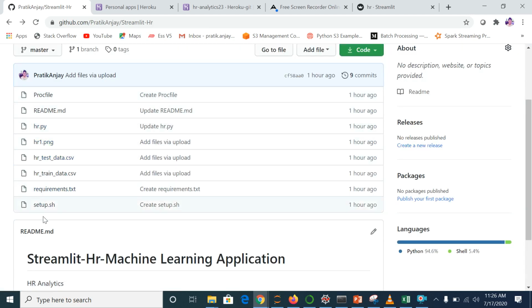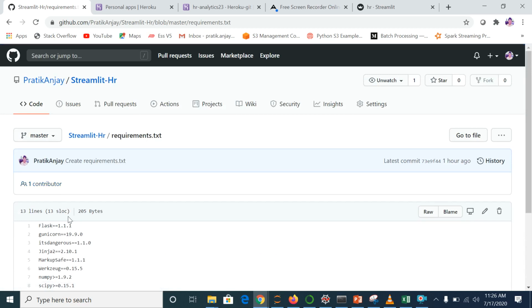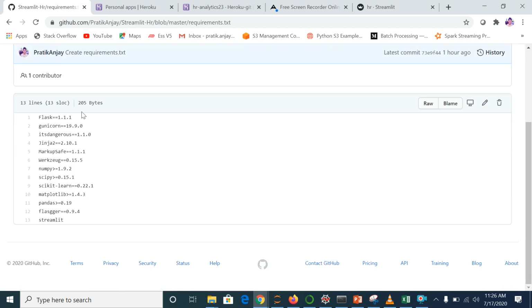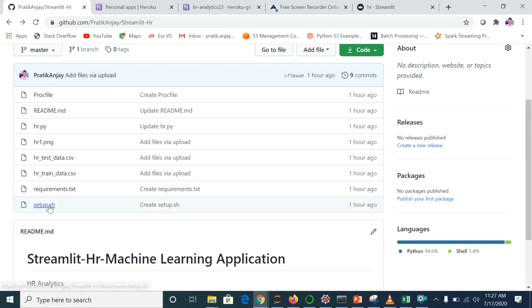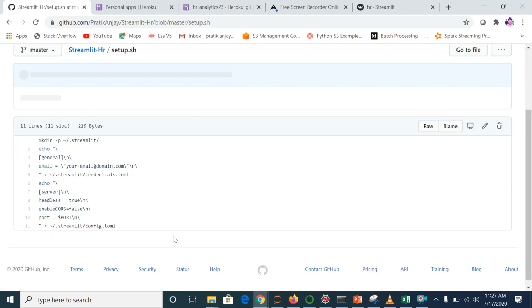Again, in requirements, you list what are the different sort of libraries you are using. I have given a lot because I will be using them here and there. These are the libraries, but you can check whatever important libraries you are using in the code, and put them over here. Next is setup.sh. So this is again whatever Streamlit setup you are using. You can even copy my stuff and use it directly. There is no change needed for any of the deployment purpose.